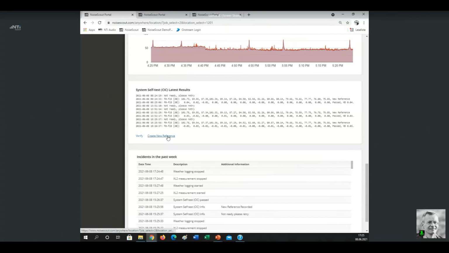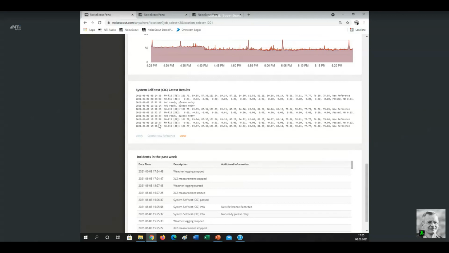So we click here on create new reference, which means that now the behavior of the whole system will be verified, will be measured. And you see here we have a new line with the absolute level values of these frequencies. Remember, I showed you the list of frequencies of harmonics, and for each of these frequencies, we now get an absolute value, the level, as soon as we activate our internal generator. This is our new reference.